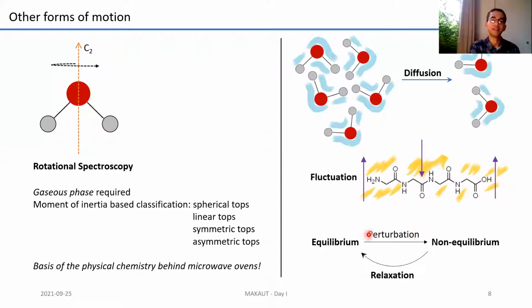And another thing is, when you take a molecule or put a system in equilibrium, you add a perturbation and take it to a non-equilibrium state. This can be something as simple as a set of dipoles in your system, and you apply an electric field and the dipole gets perturbed. Then once you take off the perturbation, it comes back. This is known as relaxation. Relaxation is another very important phenomenon common in spectroscopy. And all of these phenomena, apart from your traditional three fundamental degrees of freedom, can also be studied using spectroscopy techniques. I'll be telling you bits of these maybe tomorrow.